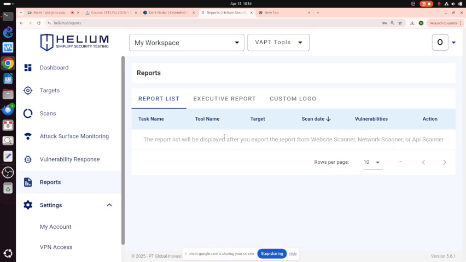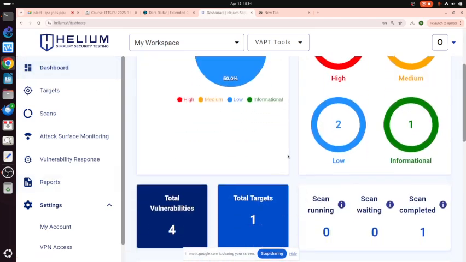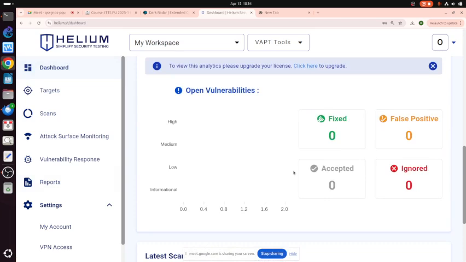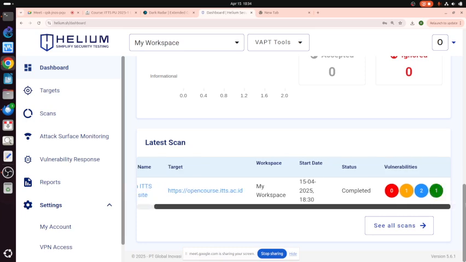No. Because the report is the important one, how can I upload or export it from the web scanner?